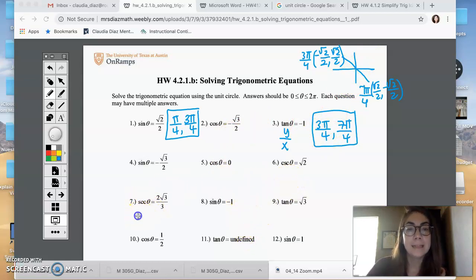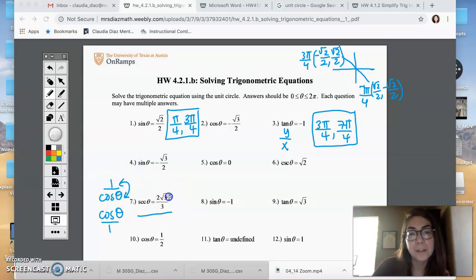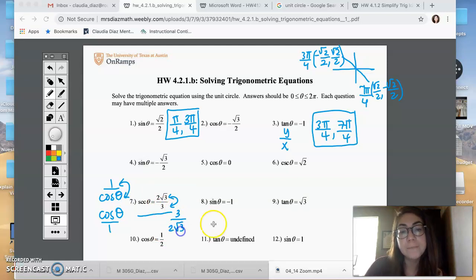Let's try something like this one. Secant theta is 2√3/3. Remember, secant is 1/cosine. So what I do here is I want to take the reciprocal of cosine to make it cosine/1. Well, to do that, I had to flip the fraction. So I'm going to do the same thing here. I'm going to flip the fraction to make it 3/2√3. Remember, you can't have a radical in the denominator, so you're going to multiply top and bottom by